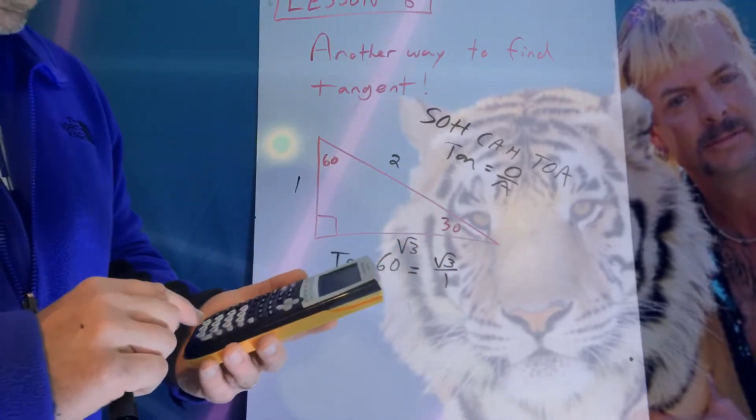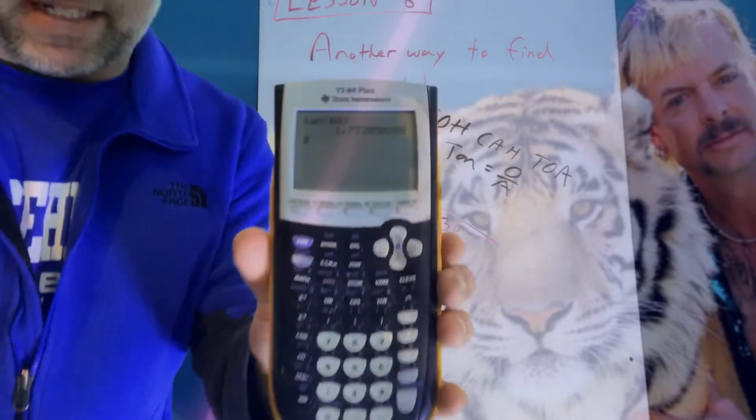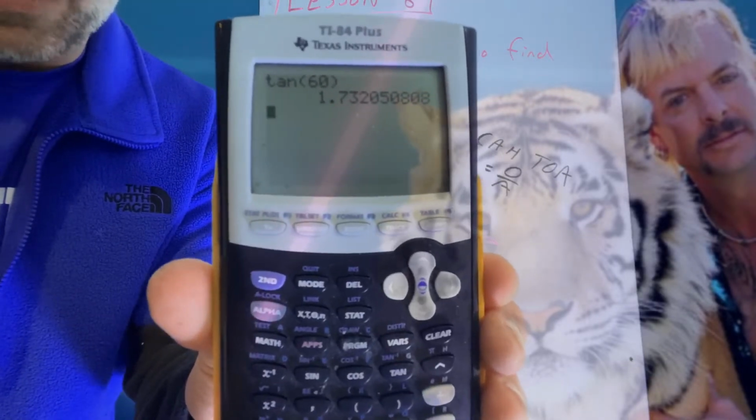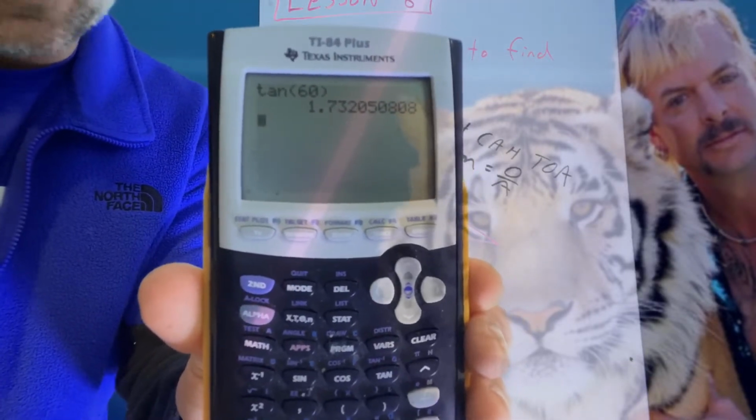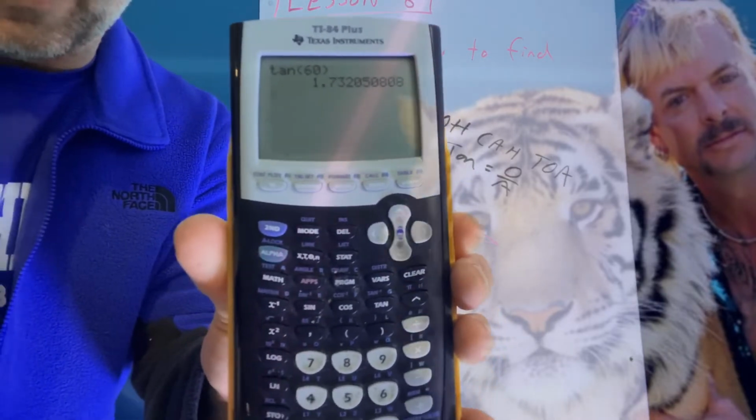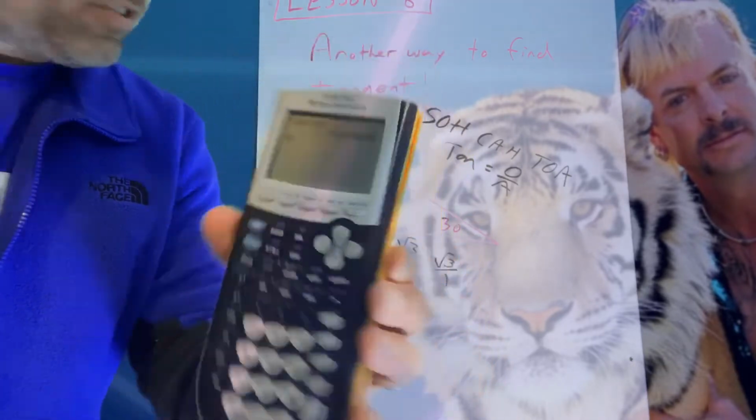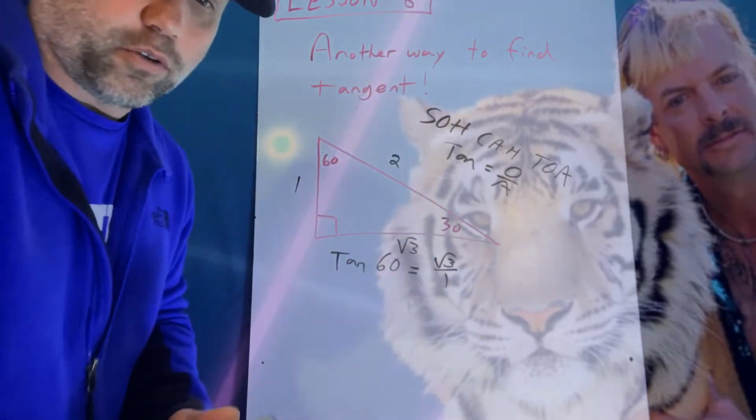All right, so on my calculator, if I type in the tangent of 60, I get that answer right there, which is actually the square root of 3 over 1. It's the same number. It's just in decimal form, and it's cut off, so you can't use that answer if you're talking exact value. So now what I can do here, let me show you another way you can find